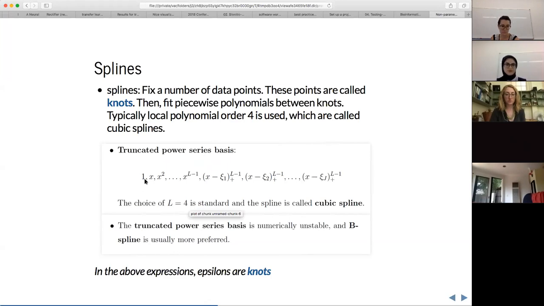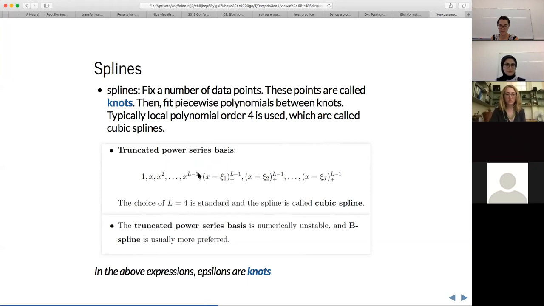And essentially, for example, if I have a single covariate in my data set, so I have my response and a single covariate, then my design matrix should have the intercept term, x, the covariate itself, the square of x, and then all the way to